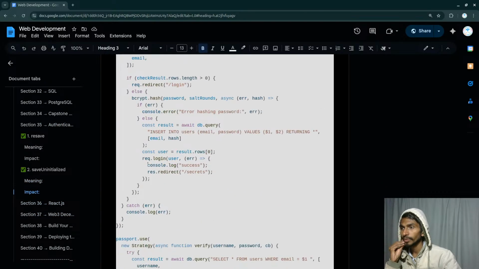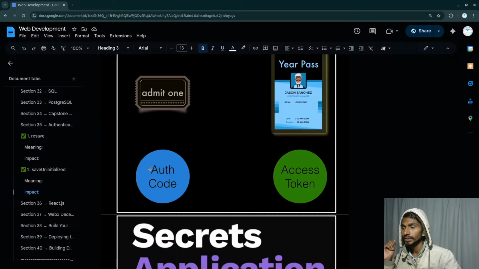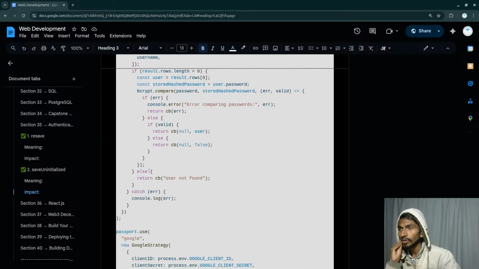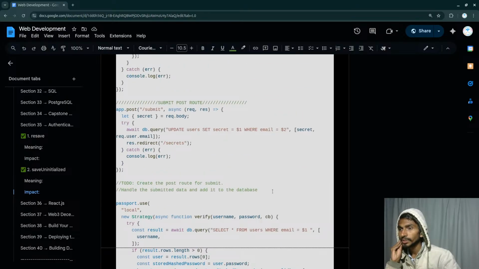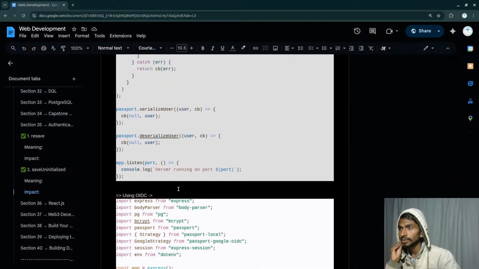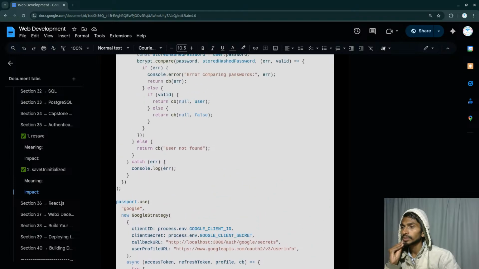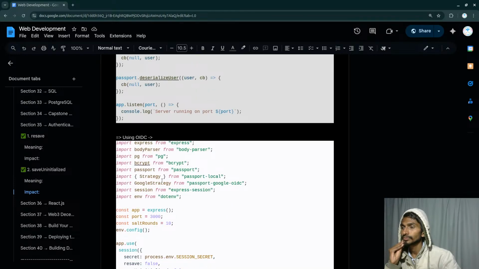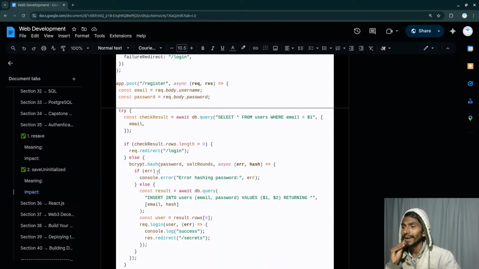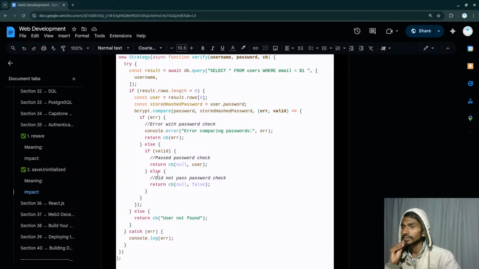Just below that I must have my code, and just here authentication level 3. This is the thing that I was mainly talking about, and I think I must have mentioned the same thing here as well. The documentation handle submitted to the database to create the post, submit out local. This is the Google submit. Okay, that's fine. The main thing that I wanted to worry about is OIDC. It's like I've done it as if I've done it, but it is not done yet. I'm yet to write the